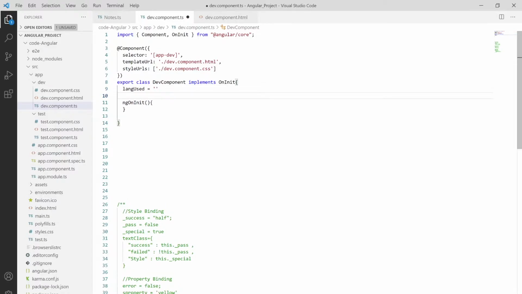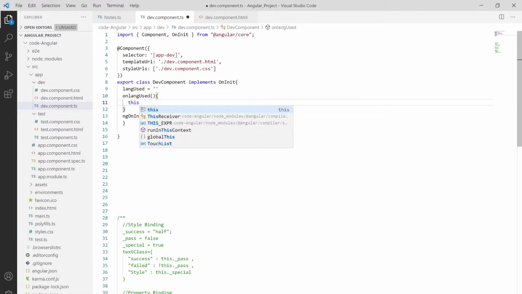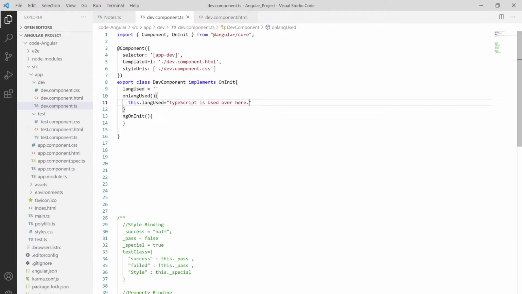And on the click of an event, on say language used, we are using camel case over here, I'm making this a method and assigning this.langUsed to TypeScript is used over here. Let me save this, as we only assigned the value, we haven't imported it in our HTML.